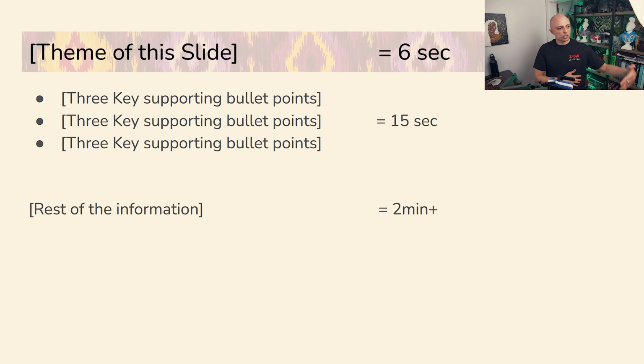So if they saw a certain theme, they saw, hey, you're going to talk about this problem. Once they click, within the first 6 seconds, you need to be addressing it in some way or another. Same thing here. In the first 6 seconds, you provide this level of information and ground them. Then in the next 15 seconds, you need to support and create a few branching narratives, potentially